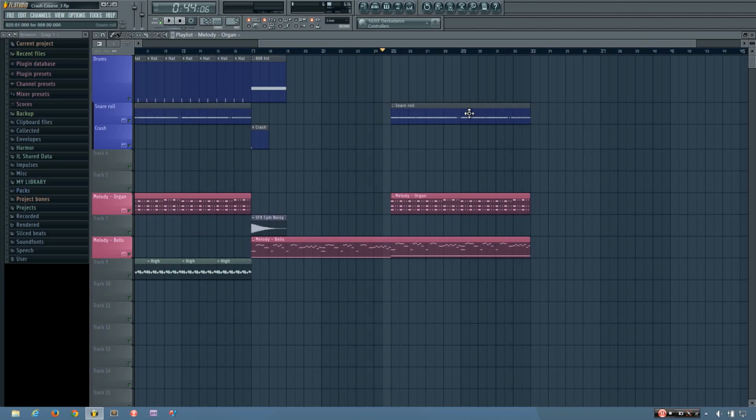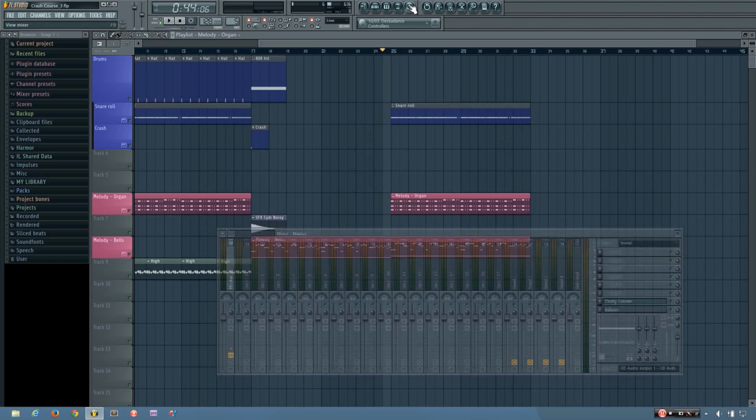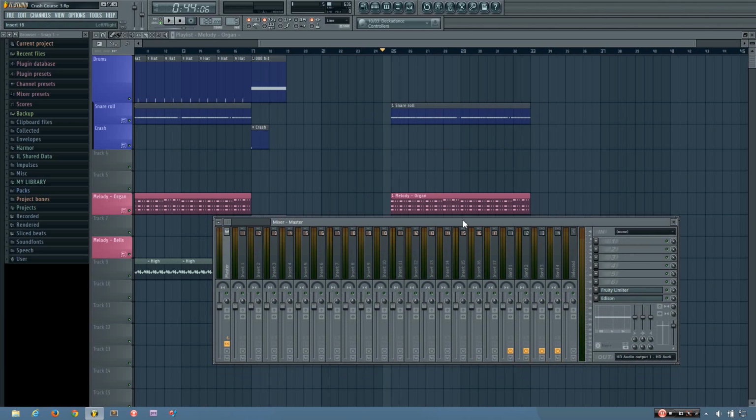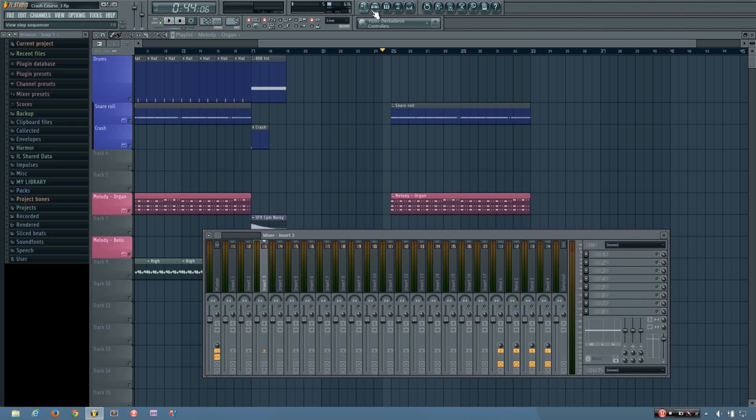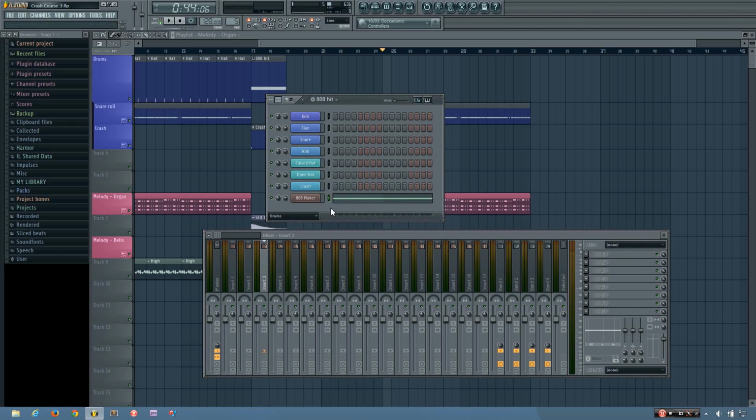So now I'm going to show you how the mixer works. Okay, so to bring up the mixer, again, you just need to press this or F9. So the first thing you'll usually want to do is link your different channels